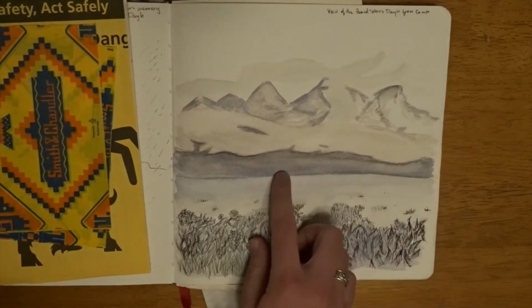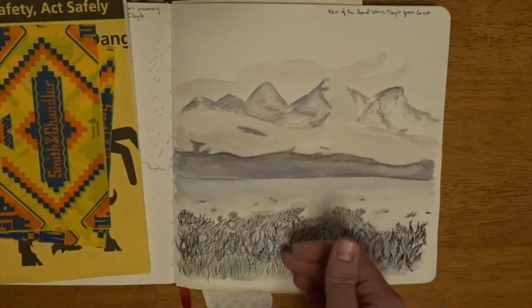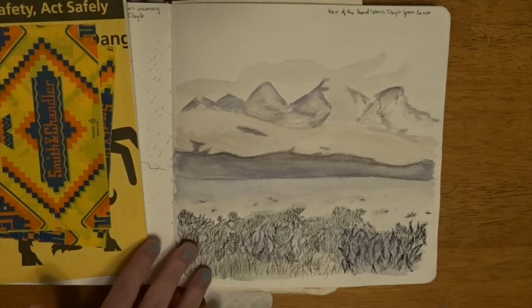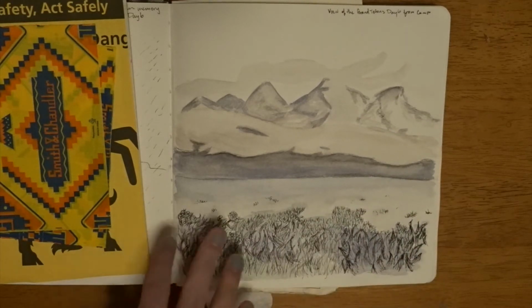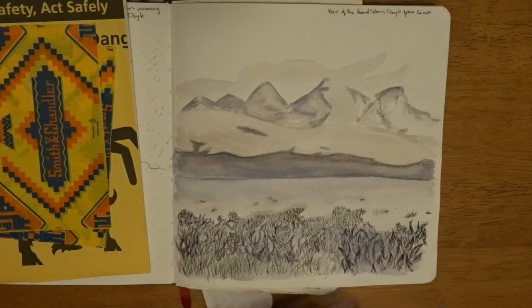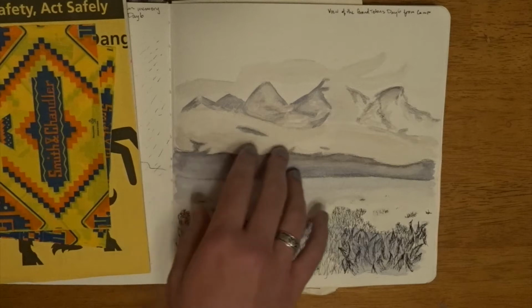Finally, we got to the Grand Tetons on day 6, and this was our campsite. We were up on a hill overlooking some nice bushes, plants. I'm not sure what they were. They were scattered, maybe it was sage, and it just went up to the foothills of these beautiful mountains,